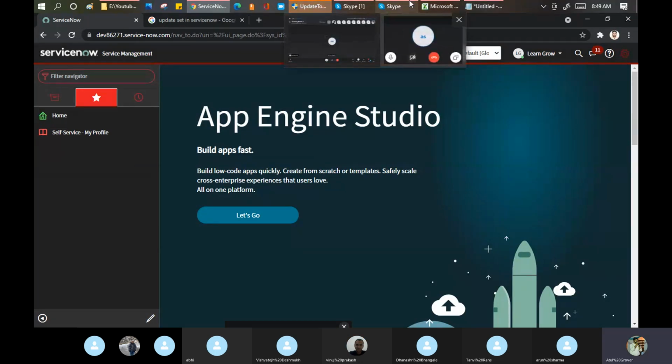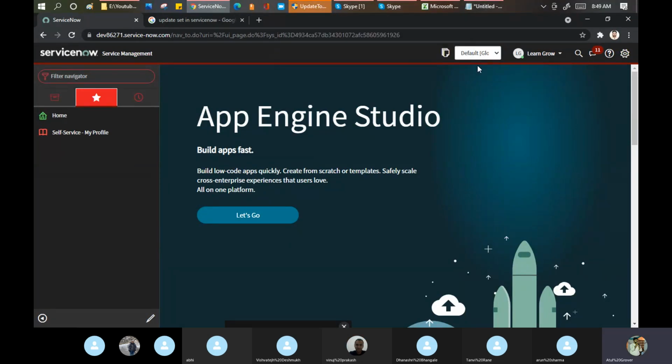So this is the thing. Now I bring the update set picker on the banner frame, right? Now, this question has again been asked in interviews: what is the default update set given by ServiceNow? You can say the default update set name is Default global. This is the default, out of the box, given by ServiceNow.